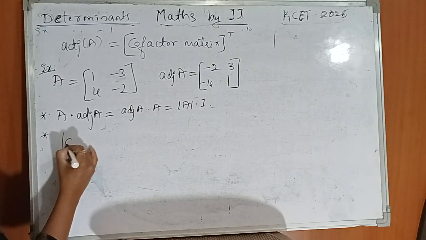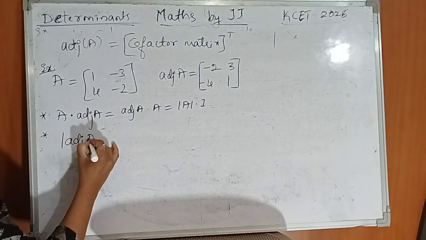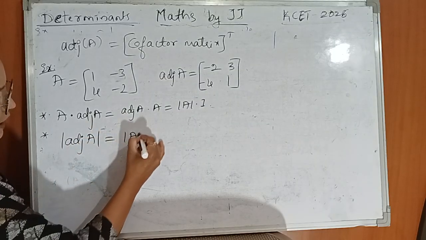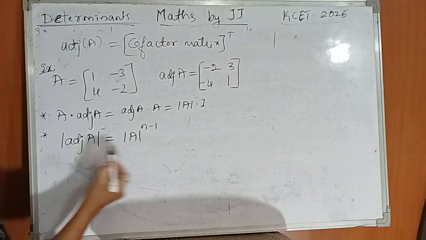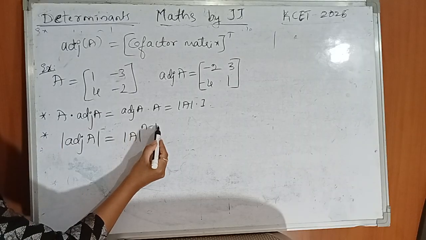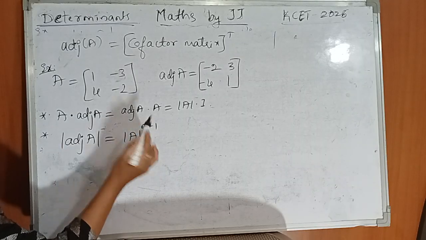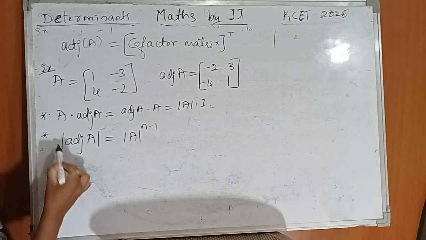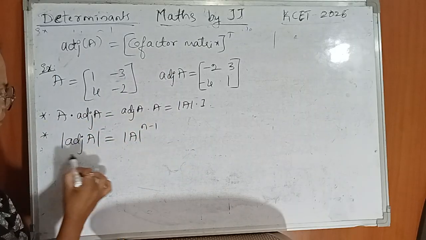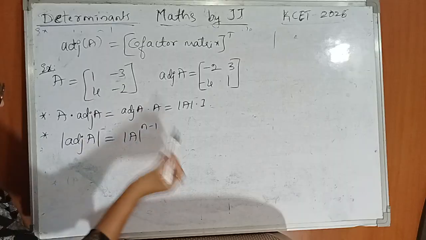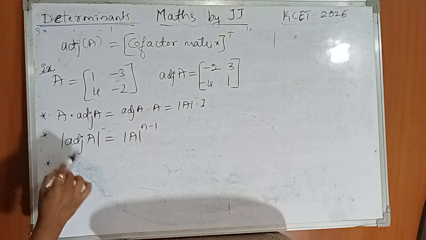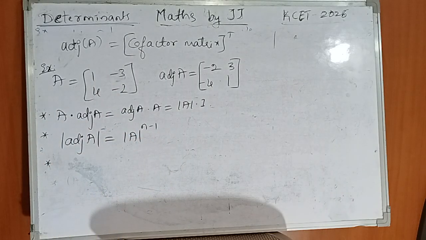Next, this is very important. The determinant of adjoint of A is always equal to determinant of A to the power n minus 1, where n represents the order of the matrix. So this is very important. If you see the PYQs, you can make out that so many questions have been asked on this